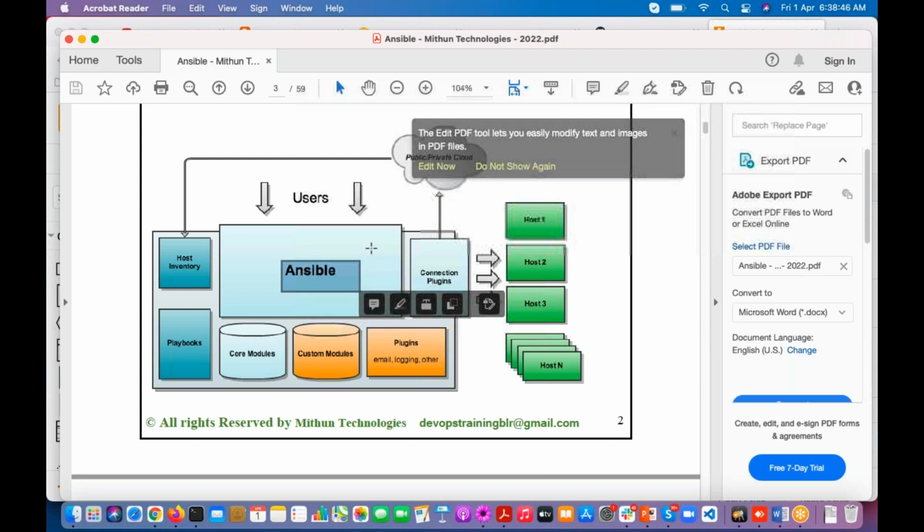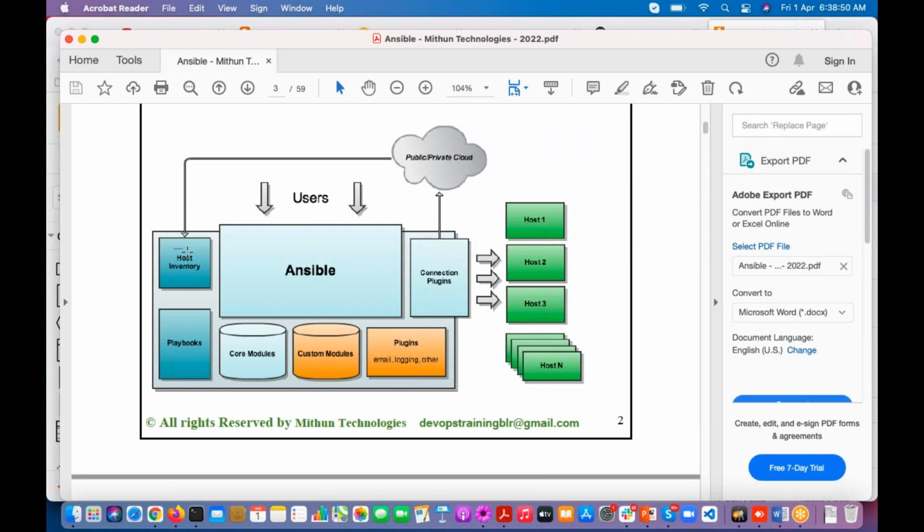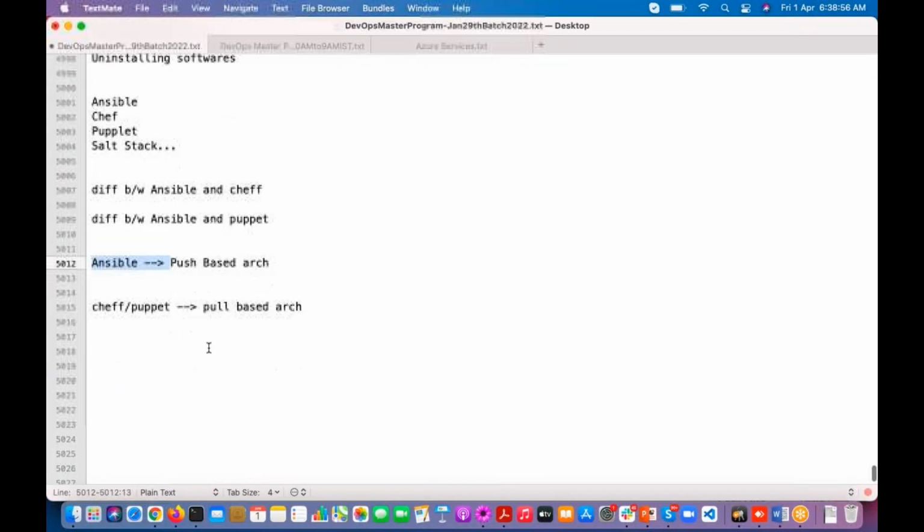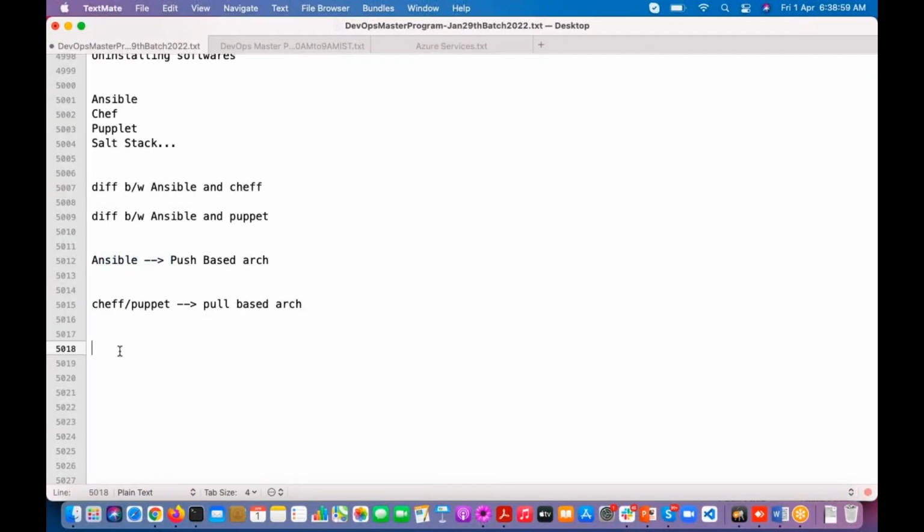Once you install it, you will see a very important component called the host inventory file. Once you install the Ansible software, if you go and see in the /etc/ansible directory, there is a file called hosts.